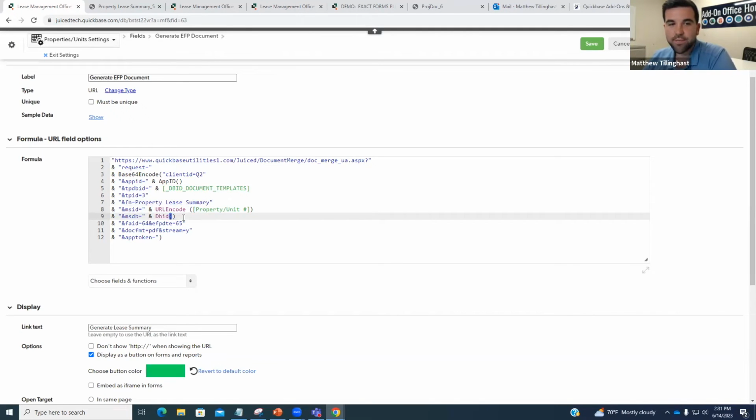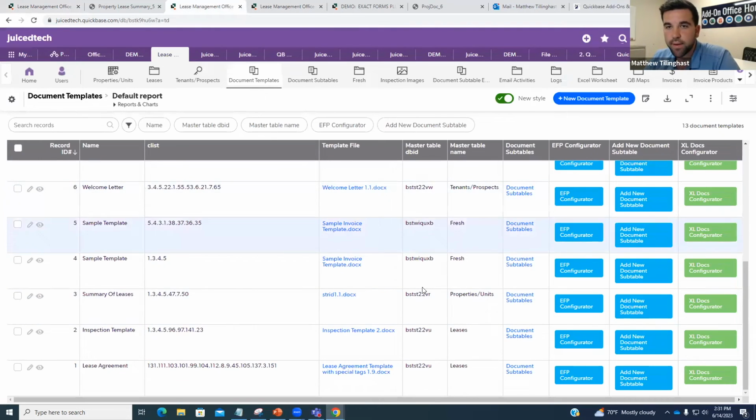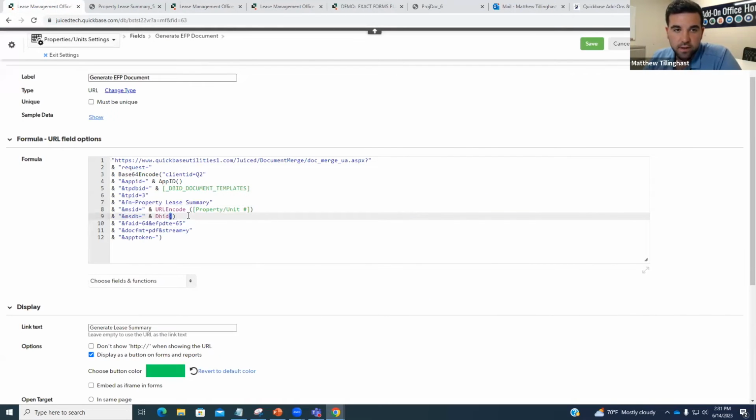MSDB, this is the DB ID. This is the table we're running from. If you remember, I was actually just talking about these DB IDs. We're just using this to identify the current table's DB ID. Then we have FAID, which is the file attachment field we're saving to, and EFB GTE, that's the field we're